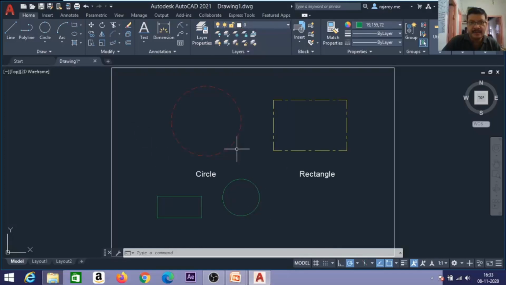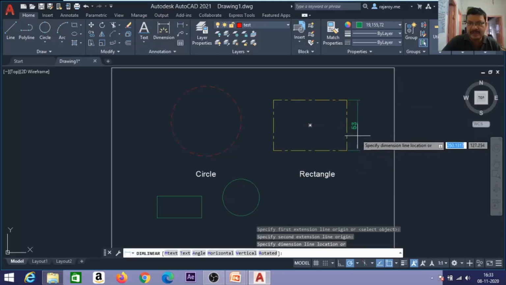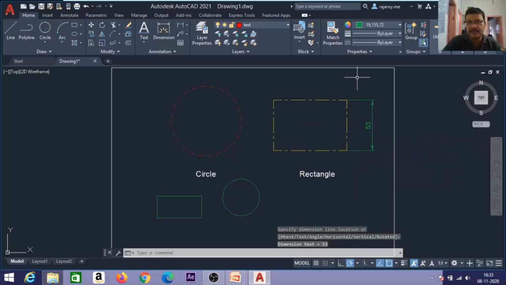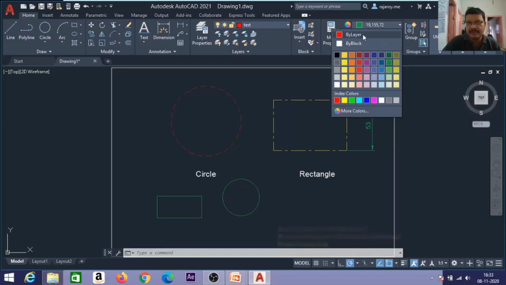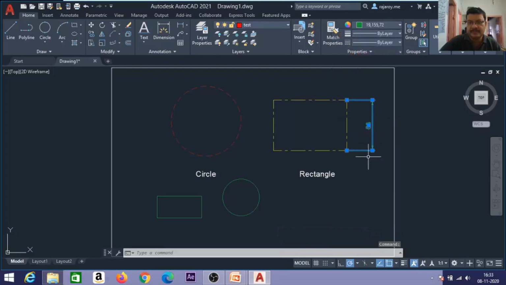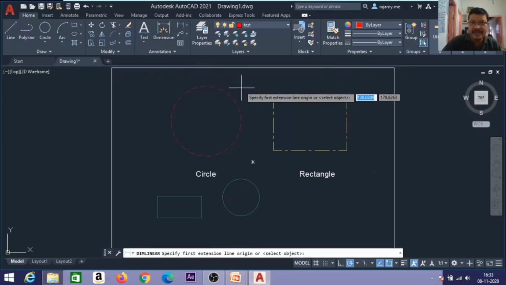Now I am keeping this test layer current and I am applying dimensions in the test layer. Observe here. Here the green color is there. You keep this as By Layer, that means it will get the layer color.